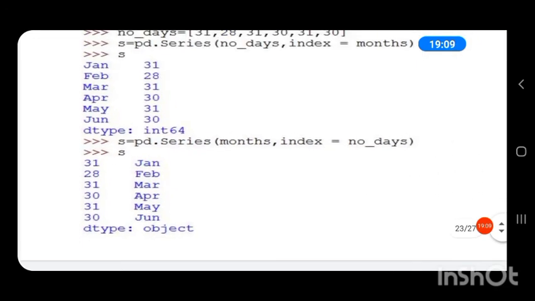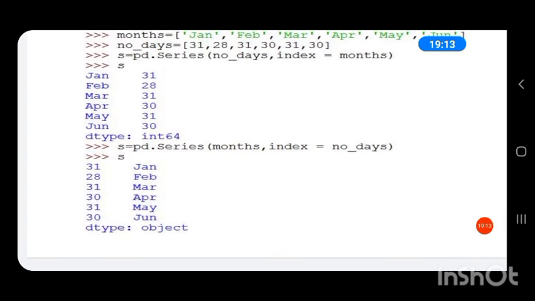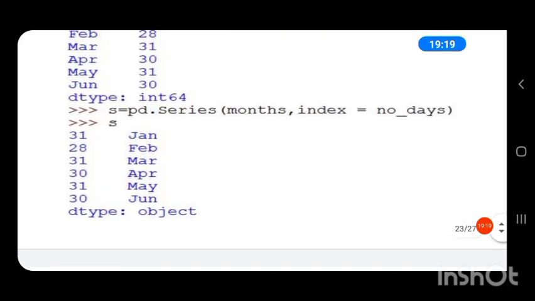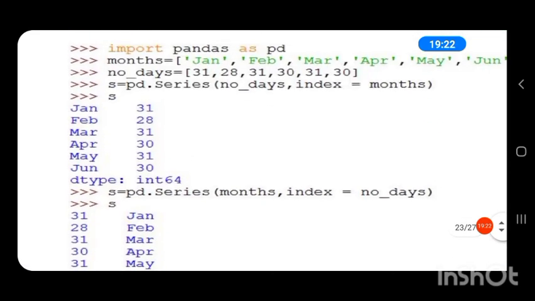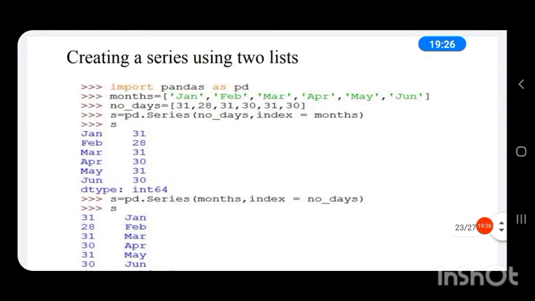Then if we retrieve the months using the number of days as the index value, there is a chance for error in the second case. So it is convenient to use the first case when we are using two lists.